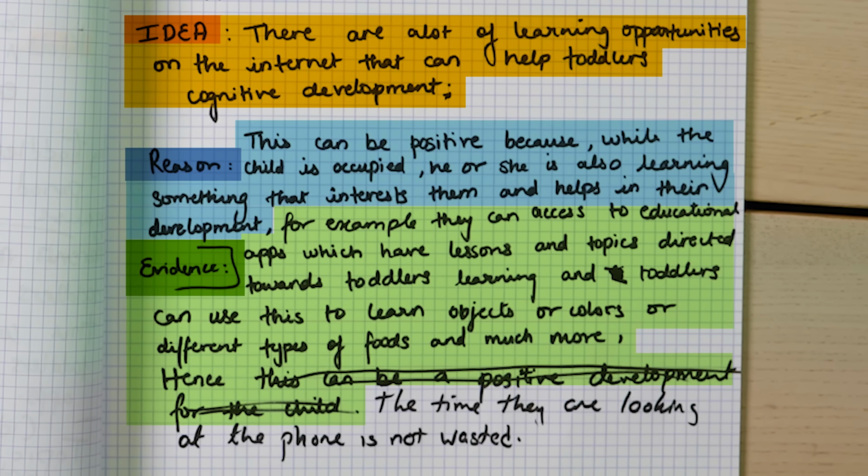I'm an argumentative type of person, so I always think about what the other person would say. So the other person would be like, this is not positive at all, they're wasting their time. And I'm like, no, they're not wasting their time. They're actually getting an education, whether mom cooks for them or their dad cooks them food.